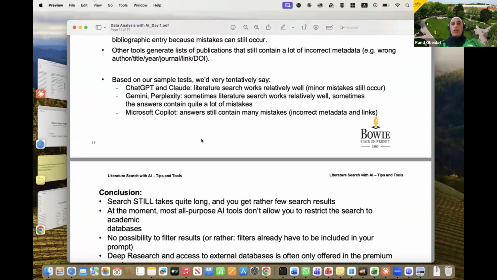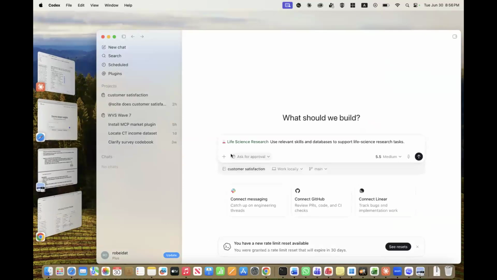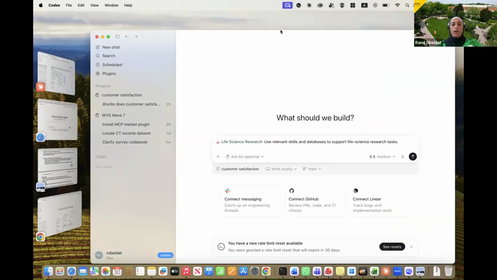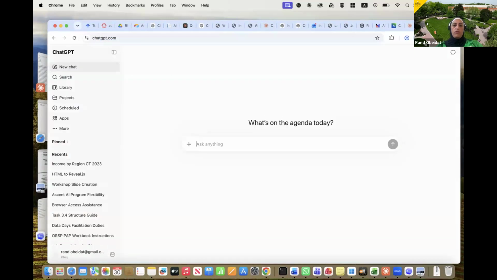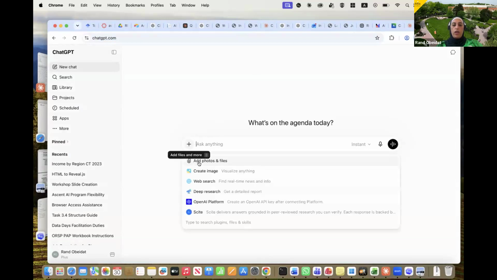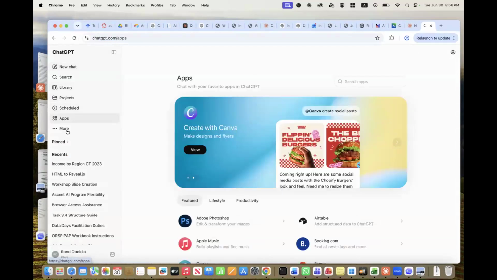Connectors to ChatGPT, yes. Let me share this. So for example, this is Codex, right? I can just go here, because most of my colleagues have the web-based version. If you go here, no, not here. If you go to apps,